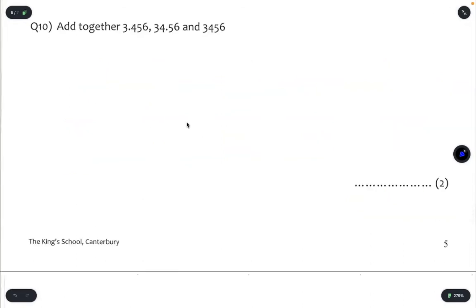Question 10, add together 3.456, 34.56, and 3,456. Although the digits are the same between these different numbers, you'll notice that the place value makes a difference as to how big these numbers are. So we've got 3,456, which is this number. That's the same as